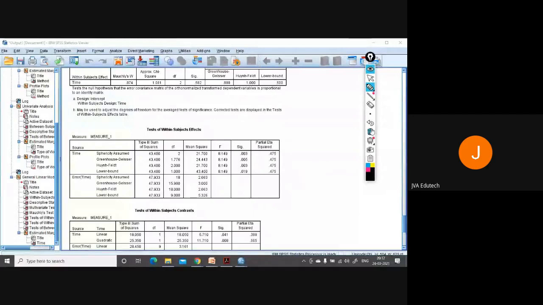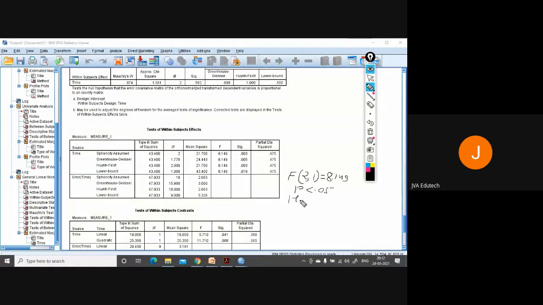Let me write it more clearly. F, degree of freedom 2 and 1, is equal to 8.149, at this P is less than 0.05.